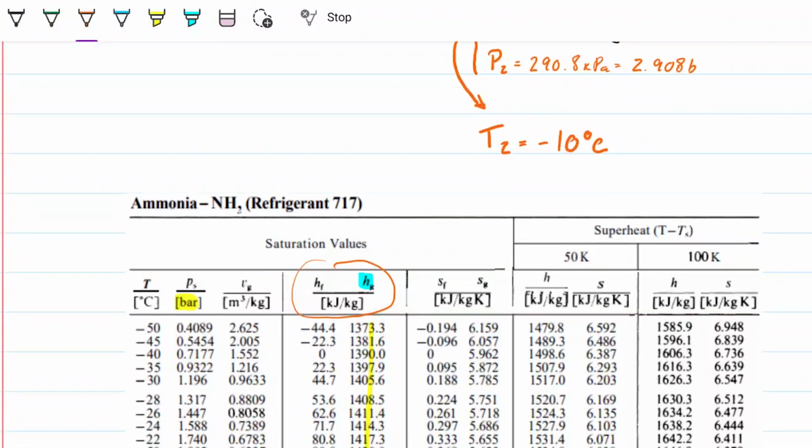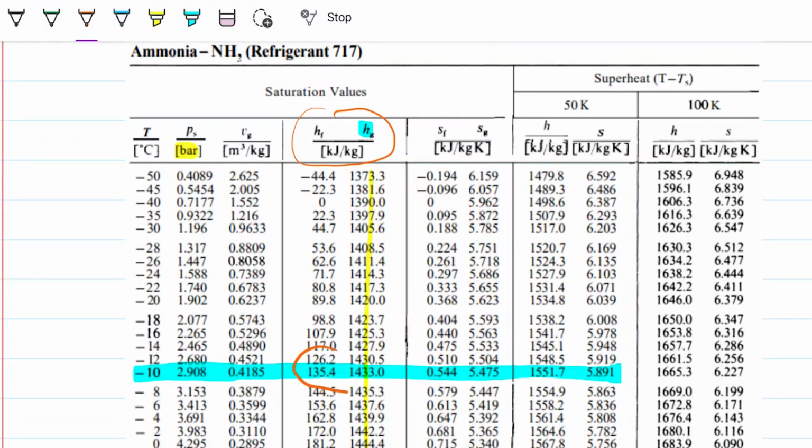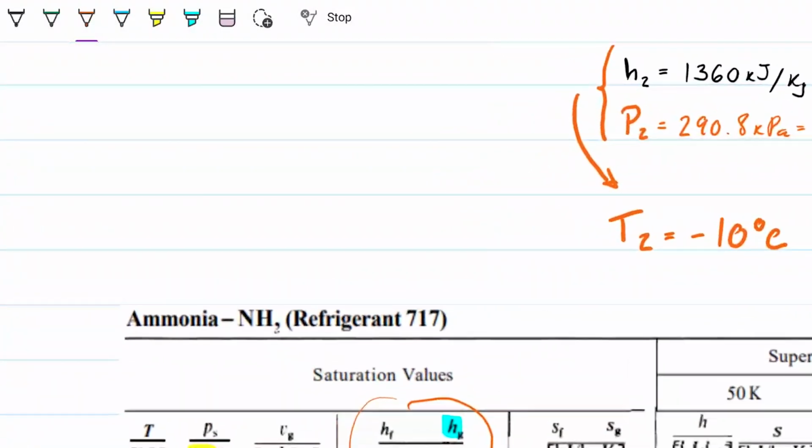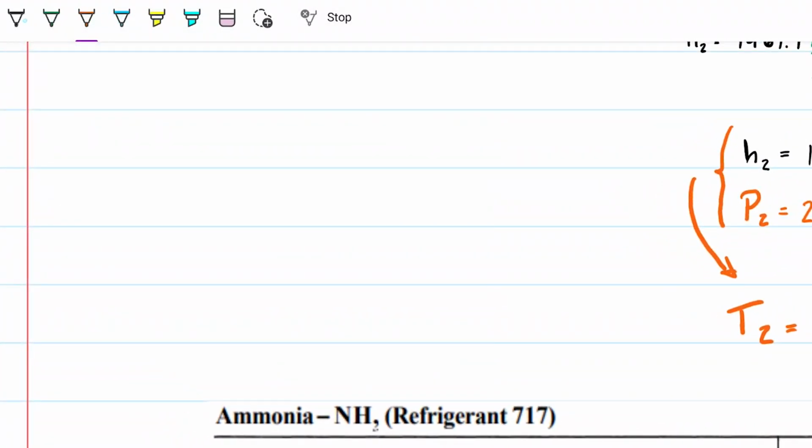The other one is the quality, and the quality we can find by relating this scale here to the numbers we know, right? So this is easy to do. We've done it a lot of times here on the channel too. All I need to do is relate the 1360 that I found minus the